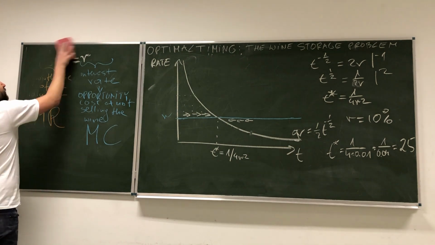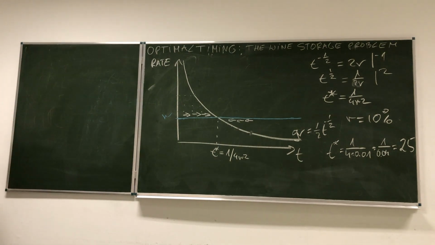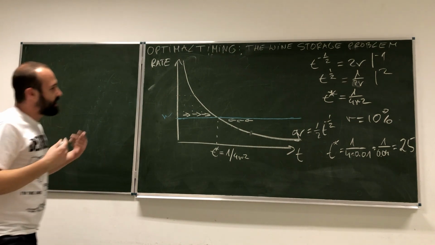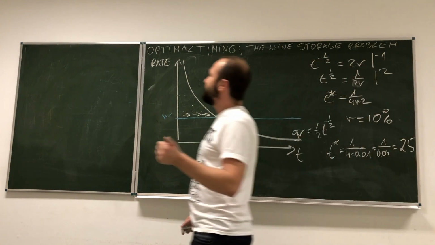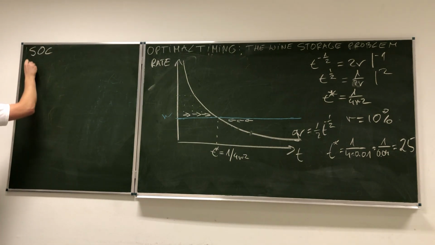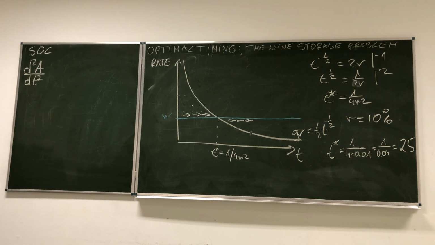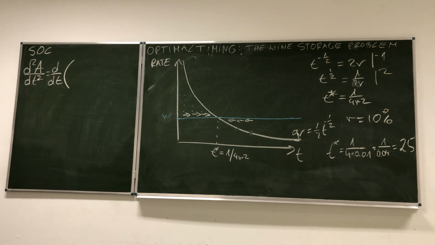Okay, and we are almost done over here. But do we really know that we've obtained a maximum? Maybe this is a minimum. Well, our, let's just say, economic interpretation does not allow this to be a minimum because we've got a clear reasoning showing us that this must be a maximum. But how can we prove it? Well, we need to use the second order condition. So in the second order condition, we need to calculate the second derivative of A. So in other words, we need to calculate the first derivative of the derivative that we calculated previously,